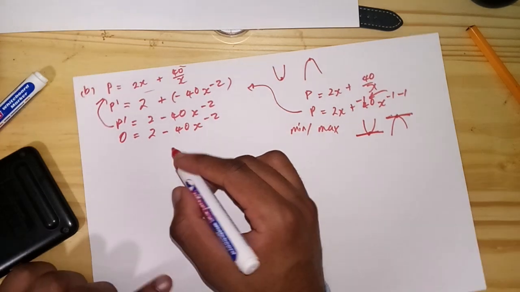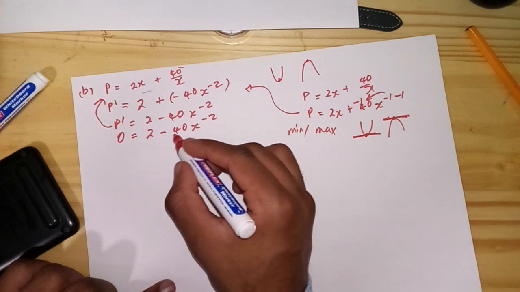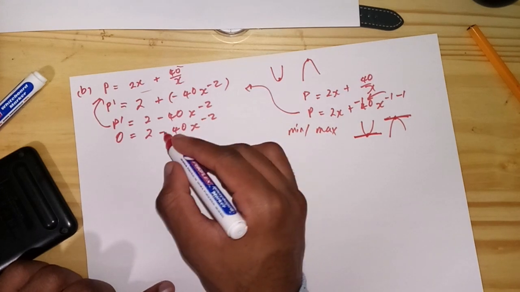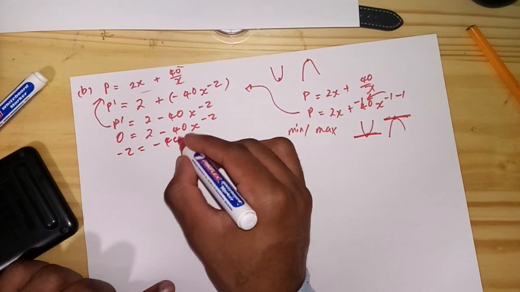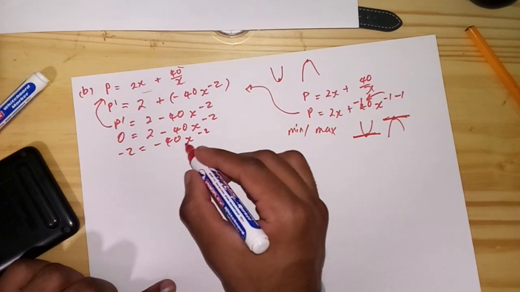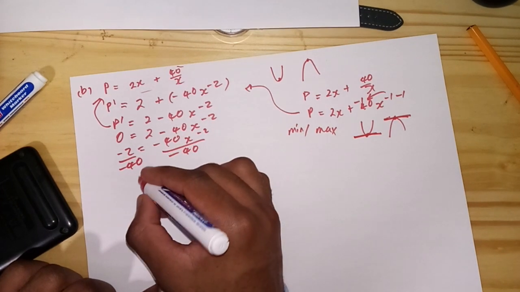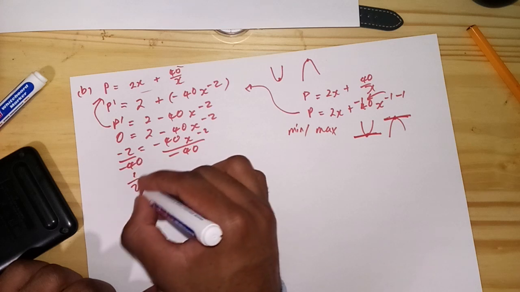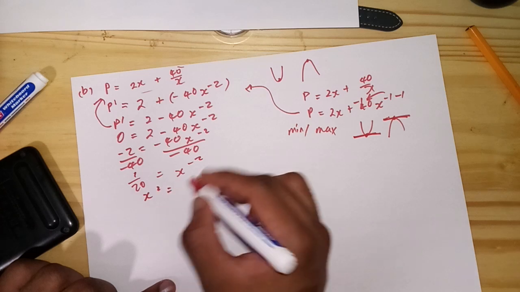Okay, so we did that. Now we're moving forward. What do we see? You want to take the positive. Okay, we can come and do it like this, although you didn't have to do that. You could have just taken this one on the other side. Then you can divide both sides by -40. That gives you 1 over 20 is equal to x to the power minus 2. Henceforth, your answer is going to be